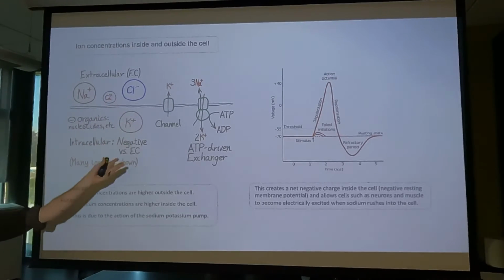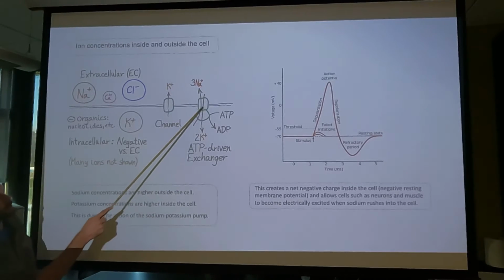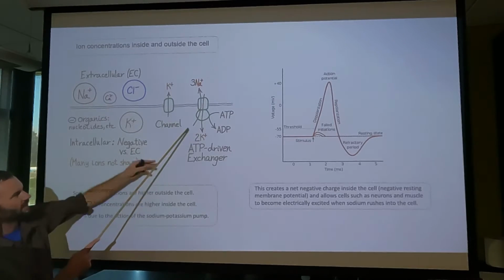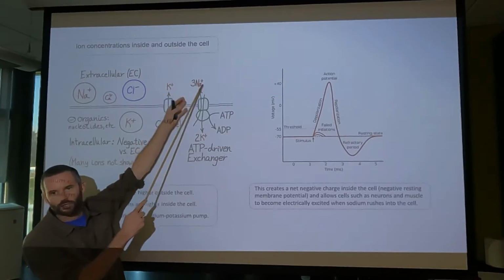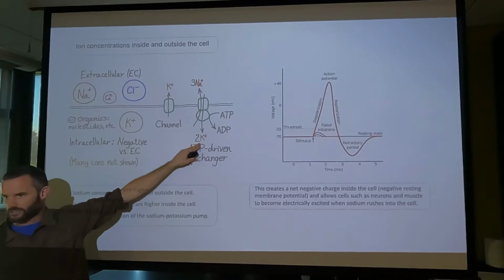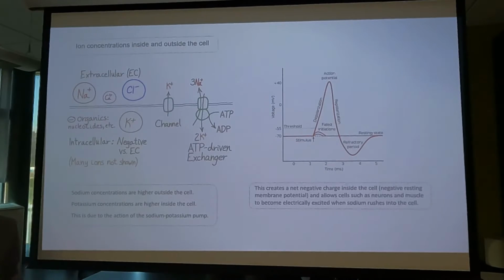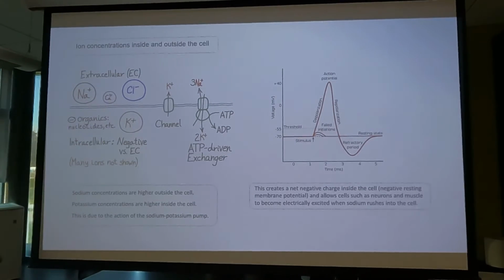And that's on purpose. That is the job of what we call this sodium-potassium pump, which is found in the plasma membrane. It takes 3 sodiums and pumps them outside of the cell, and 2 potassiums and pumps them inside of the cell. So the bottom line is that you have a high level of sodium outside the cell and a small level inside the cell.